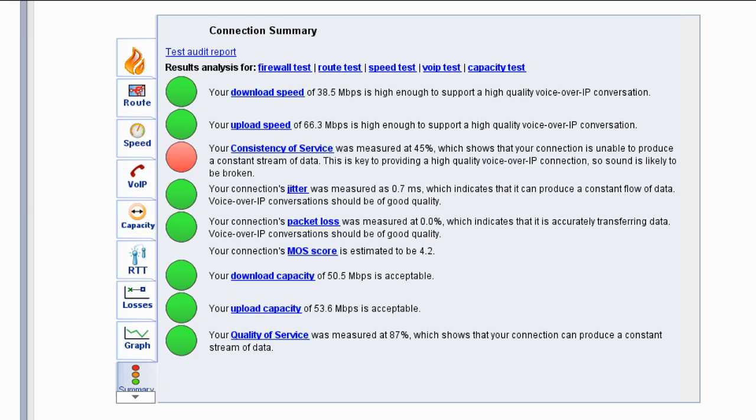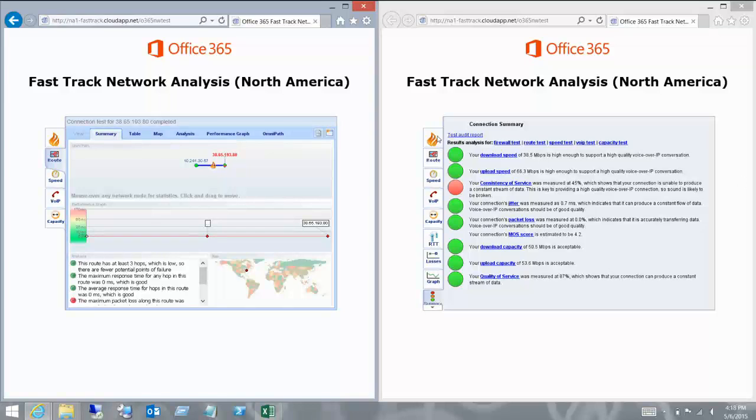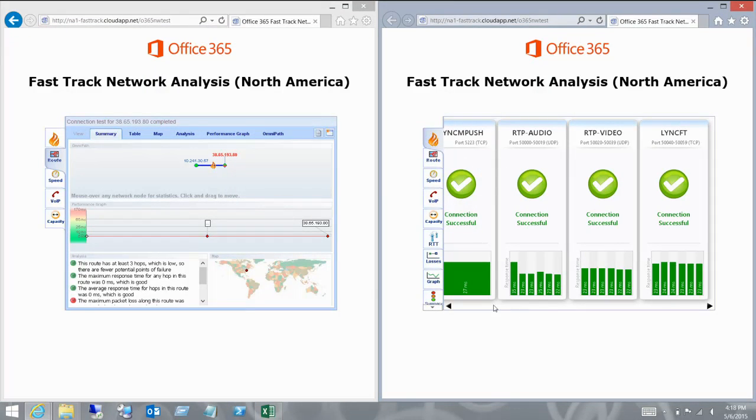Otherwise, it didn't have a lot of packet loss. It had really good MOS scores. The capacity on the network was really good. So overall, this should be a great network. Clearly, there's some sort of firewall level service or some sort of flipping within the network that's causing it to fail periodically for that consistency switch there. If we drill in, and I'll go back there for a moment,